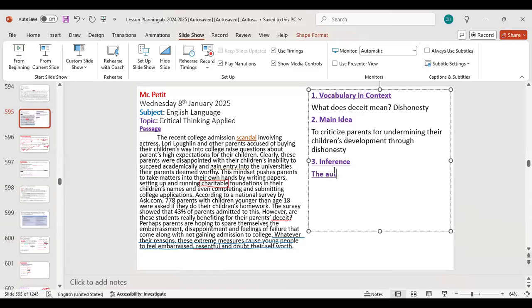The author implies that parents who take dishonest actions on behalf